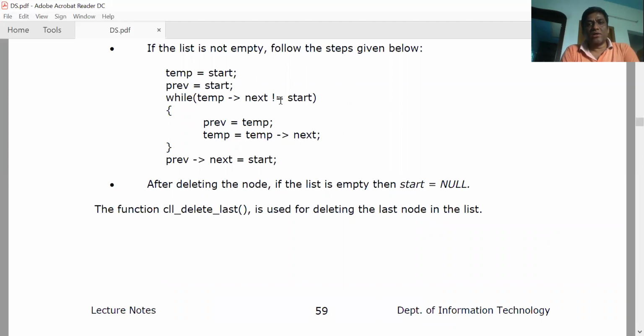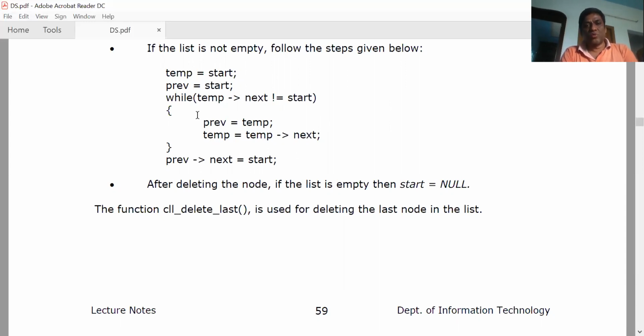While moving temp to the last node, you should get a pointer to the previous node also. Therefore previous is equal to temp, so we keep an eye on the previous node and move the temporary variable to the next node. While moving temp to the next node, assign the current temp node to previous and move temp to the next node.